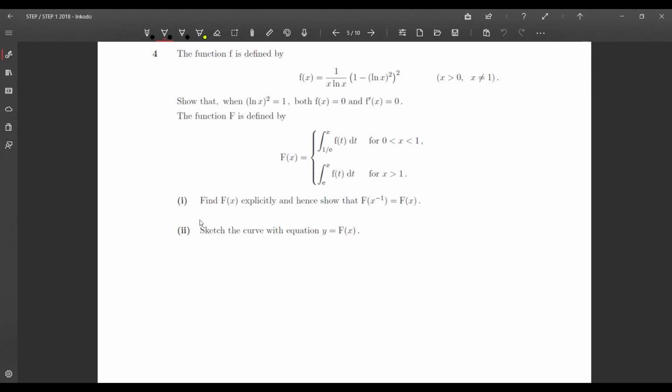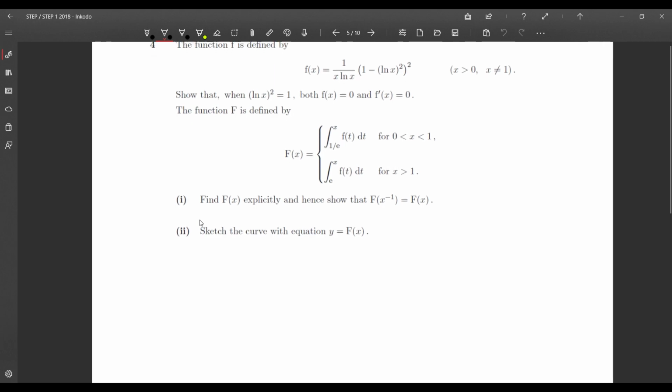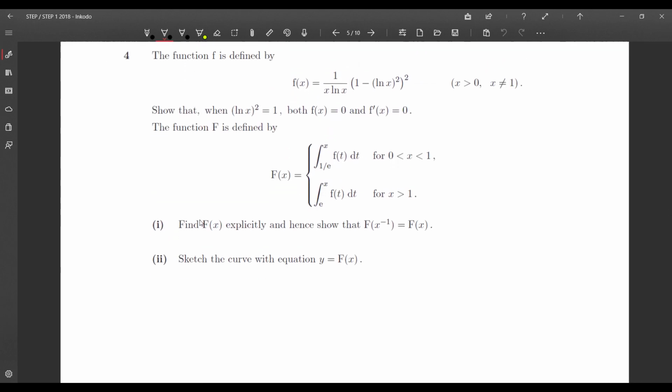Okay. So f is defined as, let me zoom in a little bit, it might be too small. f of x is 1 over x ln x. Show that when ln x squared is 1, both f of x equals 0 and, well, okay, so clearly if ln x squared equals 1, then you have 1 minus 1, right? So f of x is going to be 0. Now on the other hand, f prime of x is, well,